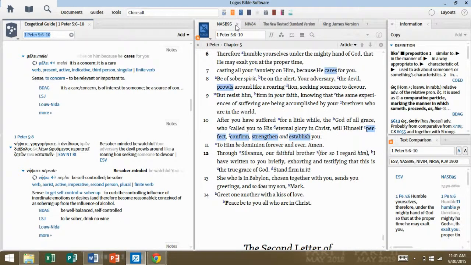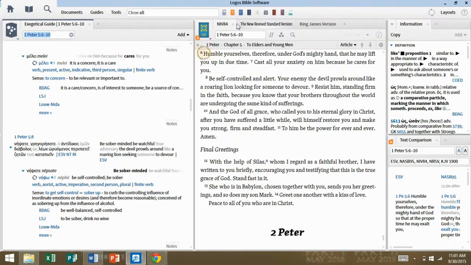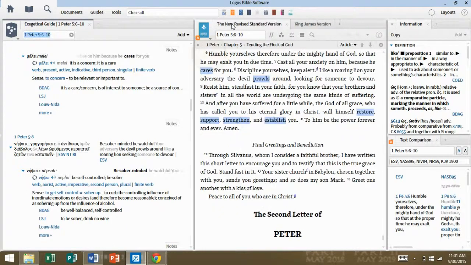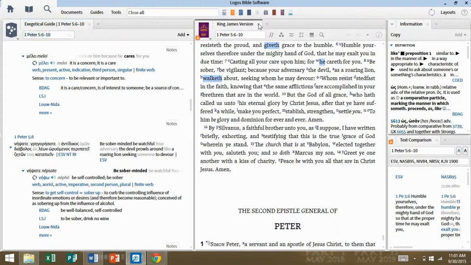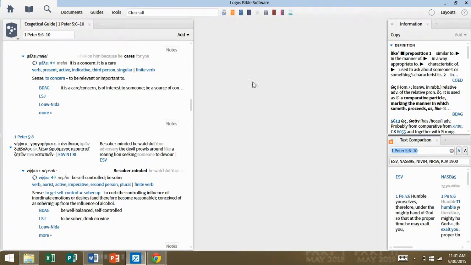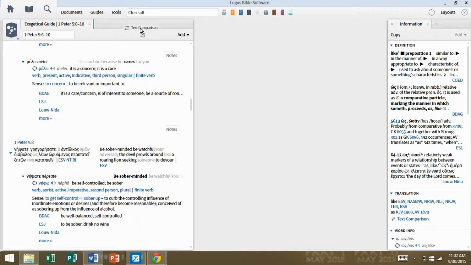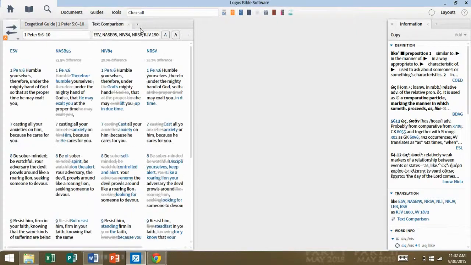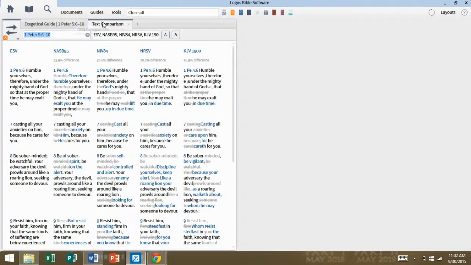The first thing I'm going to probably do is a text comparison, and you can't do a text comparison with all these translations open. So I'm going to close them. Pull my text comparison over to my exegetical guide. Get rid of this information bar. Okay. So using the text comparison tool here, comparing the NASB, the NIV, the NRSV, the King James